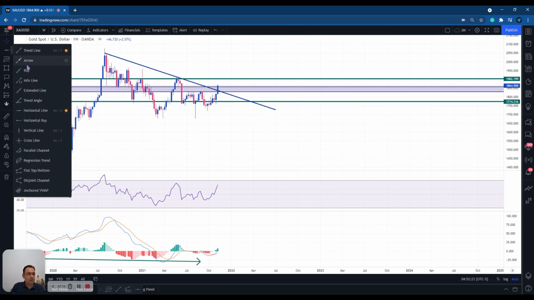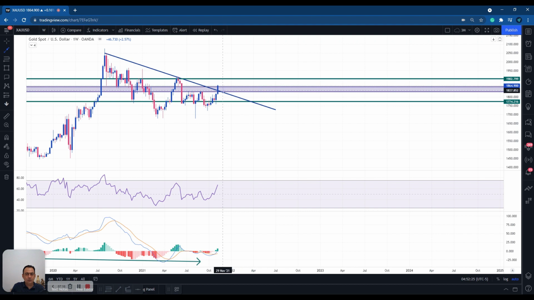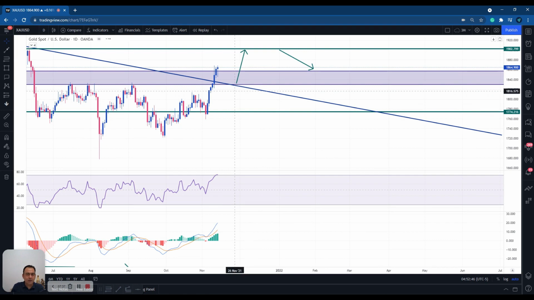So what may happen now? It may go directly to this area, then make a retest of this area, which is the current zone. 1868 is also the resistance zone, number one. Number two, if we check on the daily,